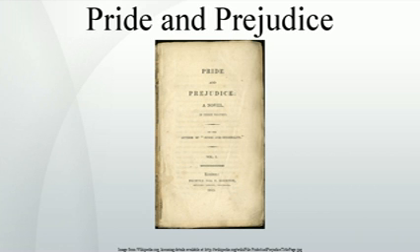Pride and Prejudice is a novel of manners by Jane Austen, first published in 1813. The story follows the main character Elizabeth Bennet as she deals with issues of manners, upbringing, morality, education, and marriage in the society of the landed gentry of early 19th century England. Elizabeth is the second of 5 daughters of a country gentleman living near the fictional town of Meryton in Hertfordshire,